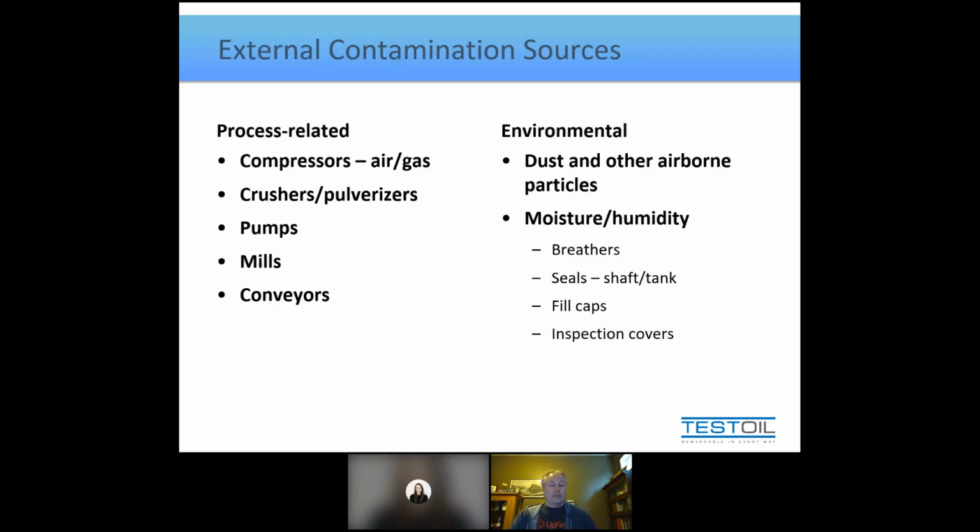The external contaminants, these are the ones, like I said, that generally fall into two categories. Those related to what the machine's doing. So if the machine's cutting, grinding, milling, anything like this, it'll be creating a lot of dust or particulate in the atmosphere. Versus there's environmental considerations. And environmental can also mean things like humidity, but from the particulate side, it could mean dust from wind, it could be pollen because it's a change of the seasons, all kinds of things like that. They are particulate, they're small enough, they can enter through and get into the system, they will be abrasive.